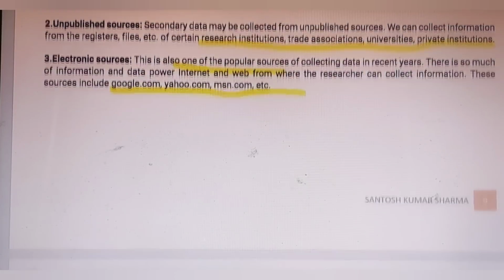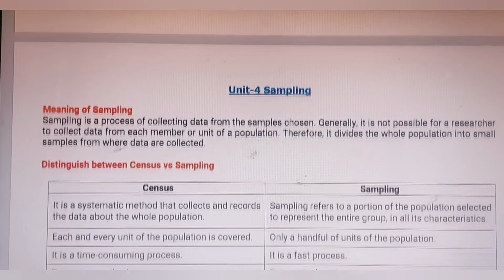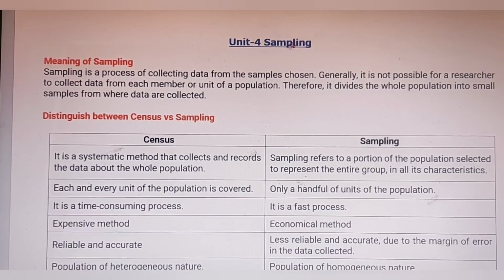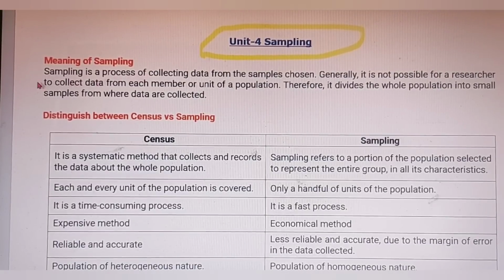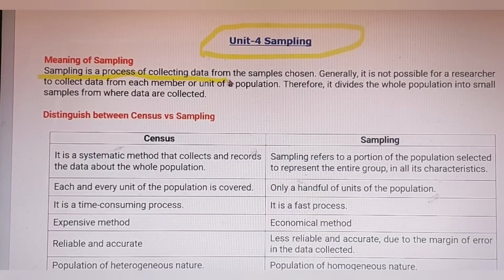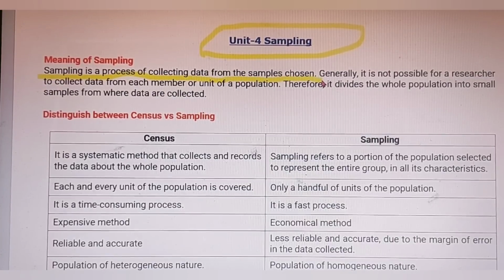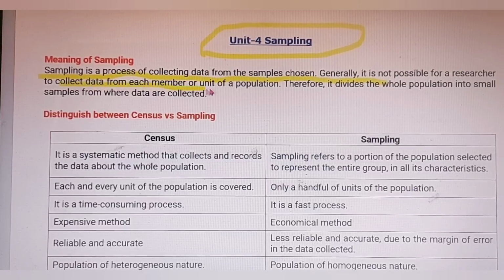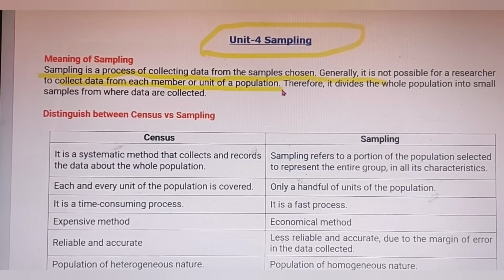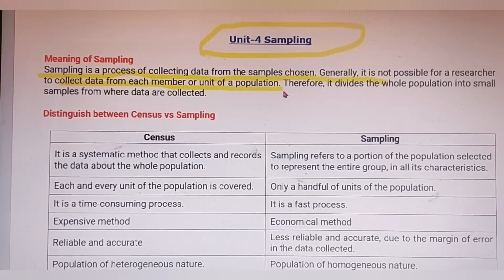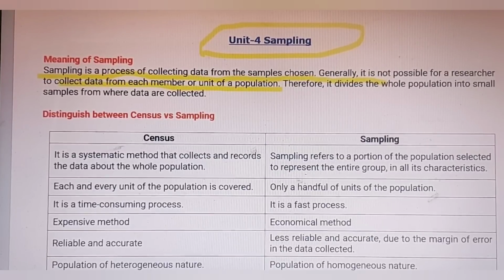Okay. The next unit is unit 4, sampling. Again a very important topic. Now let's try to find out what is sampling. Sampling is a process of collecting data from the samples chosen, and generally it is not possible for a researcher to collect data from each and every unit of the population, and therefore it divides the whole population into small segments